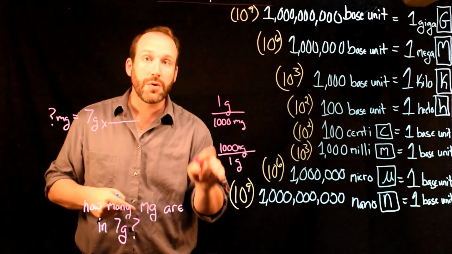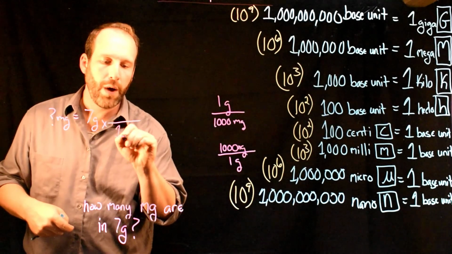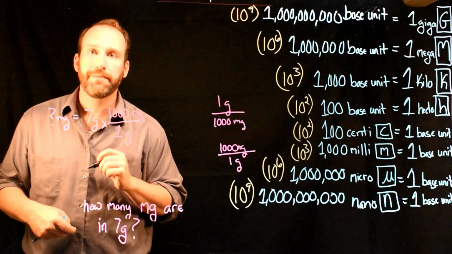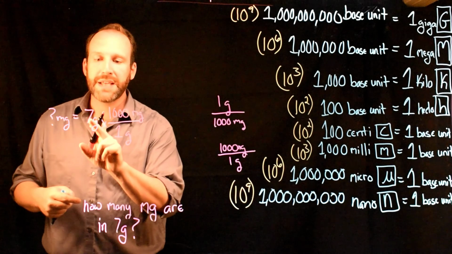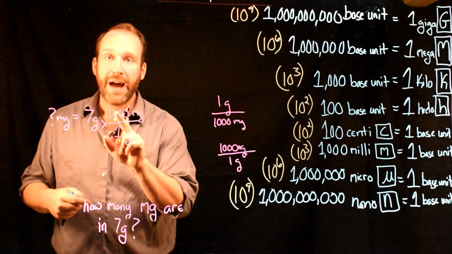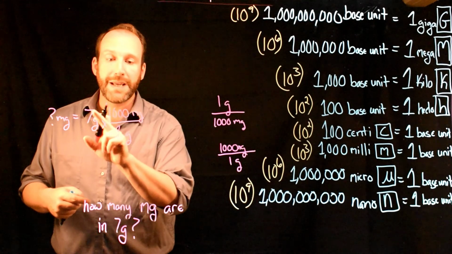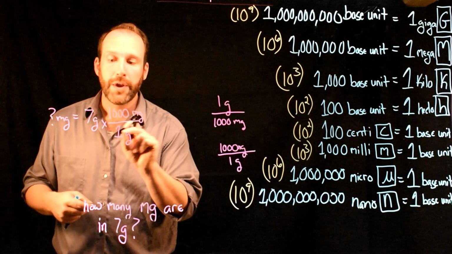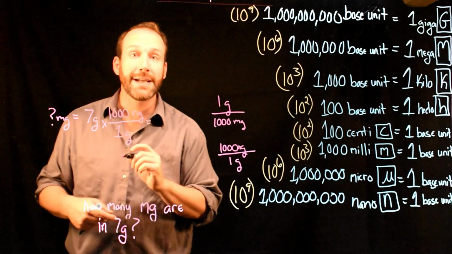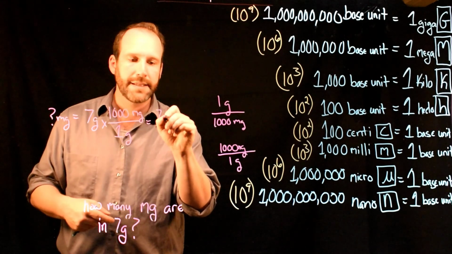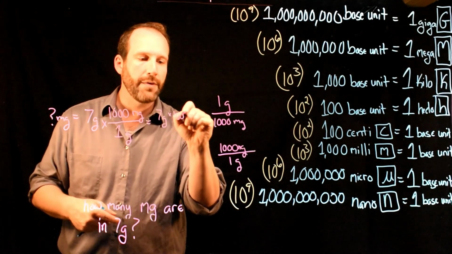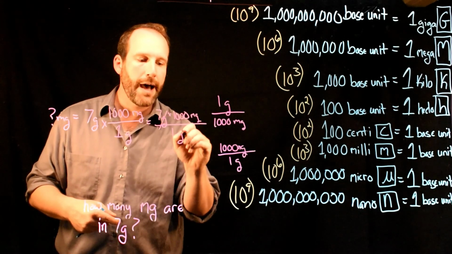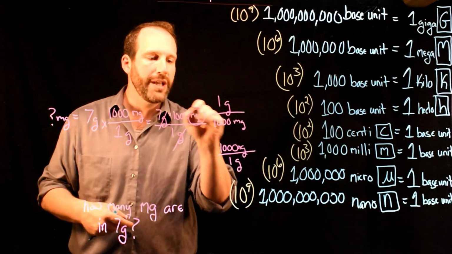So it looks like we're going to want to use this conversion factor. I'm going to say that 1 gram is equivalent to 1,000 milligrams. And so look what happens. I'll have 7 grams. I'll multiply that by 1,000 milligrams. That'll give me 7,000 milligrams times grams. And then I'll divide by 1 gram. Gram on the top and gram on the bottom are going to end up canceling. So if I do that math here, I get 7 grams times 1,000 milligrams divided by 1 gram. Grams on the top and grams on the bottom cancel, and so the only unit that I'm left with here